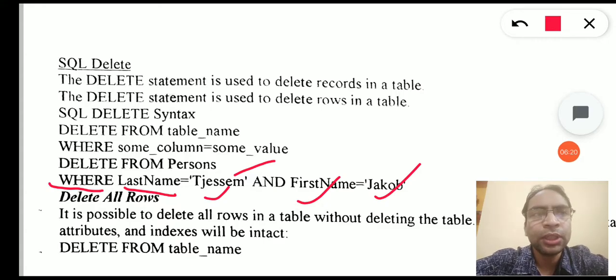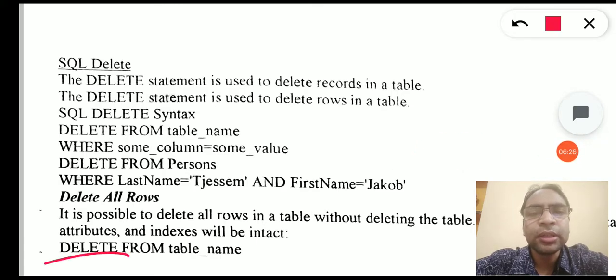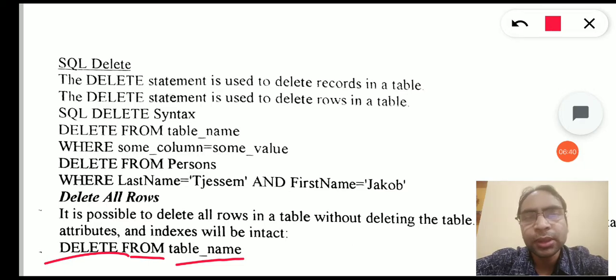Deletion of all rows can simply be performed by writing delete, then from, and after that the table name. We will not supply a where clause and we will not supply any condition. Whenever we are not supplying any conditions, it will delete all the records from the given table. So delete from table name will delete all the records from a table.